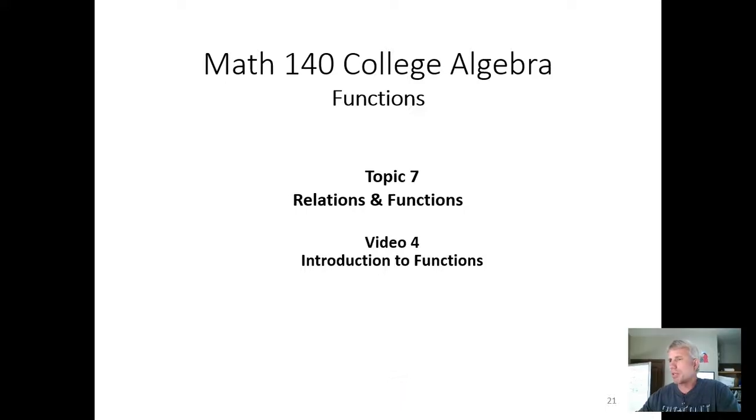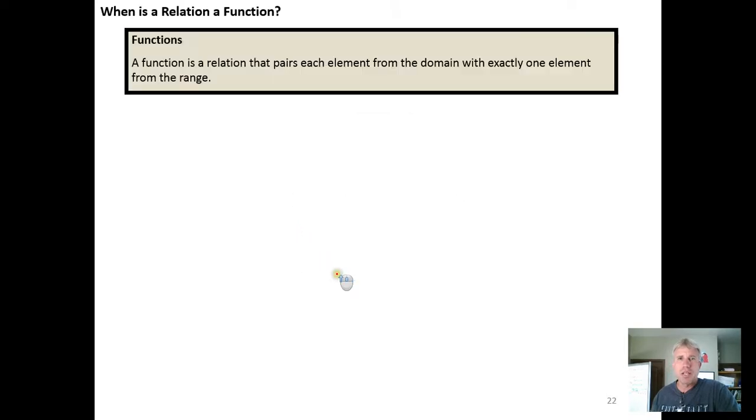So in this video we want to introduce the idea or concept of a function. And a function just happens to be a special type of a relation. So if something is a function, then it is a relation. So we've been looking at relations in the last few videos, and we've indicated that a relation can be identified